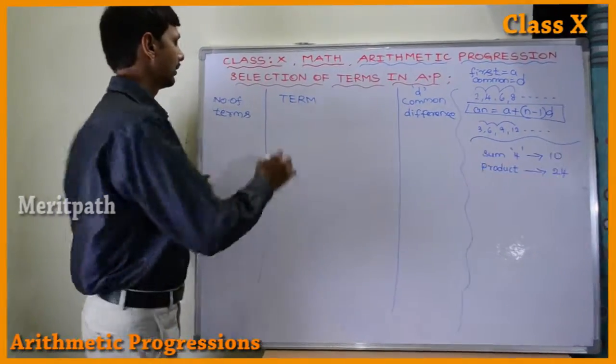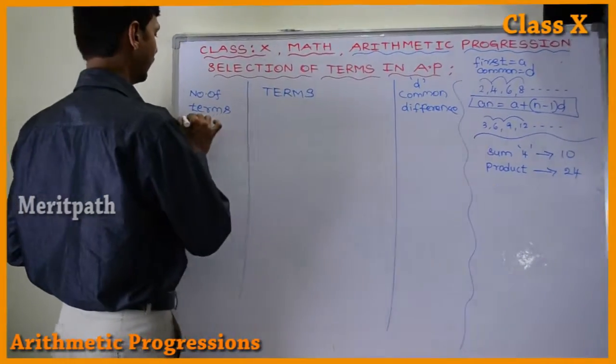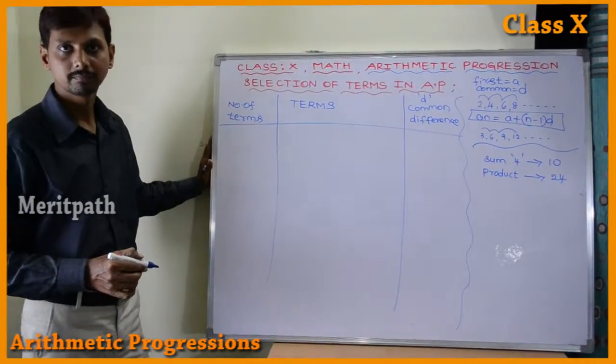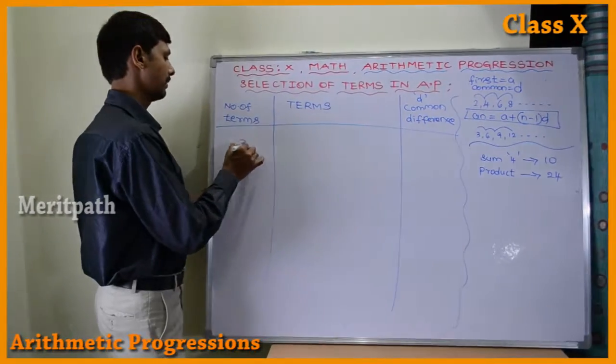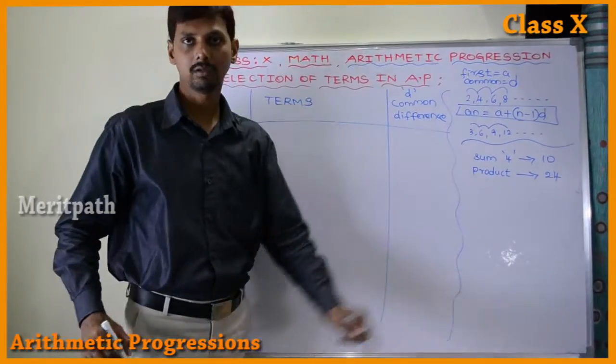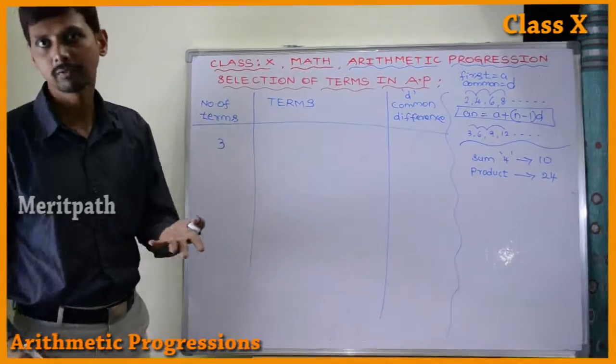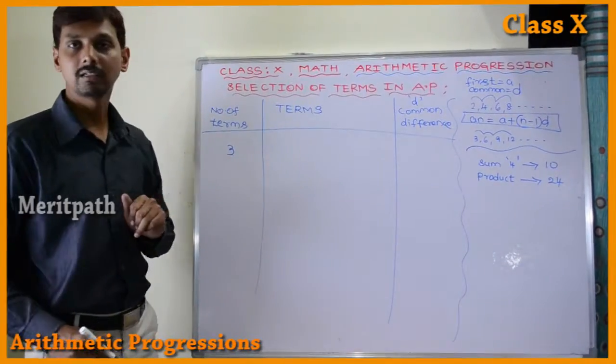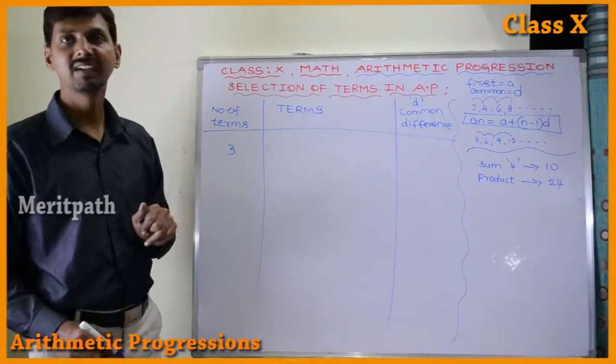And the terms, what are the terms here? Let us see. Here we have the number of terms as 4, and let us discuss the 4 terms also. But before that, let us discuss 3 terms. The number of terms is 3. We need to take